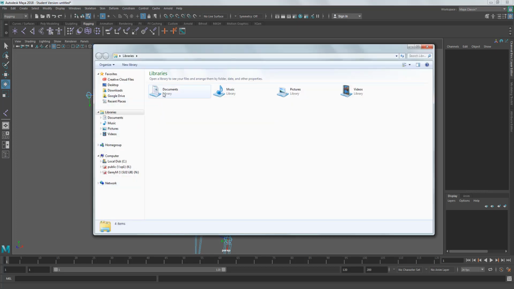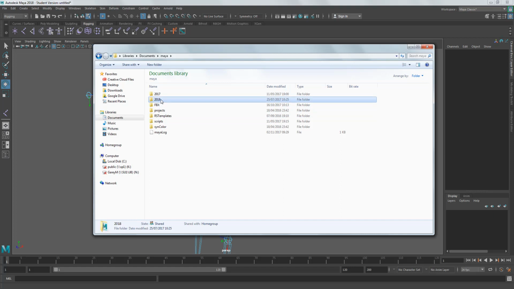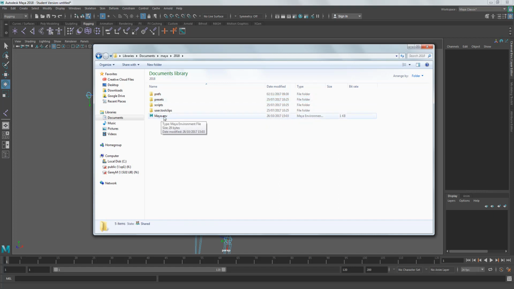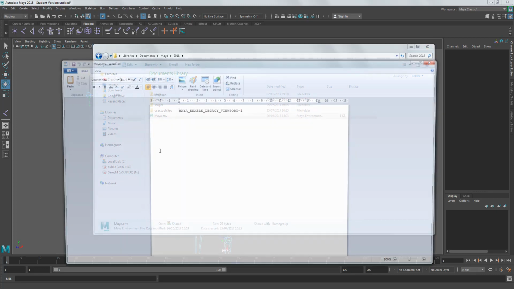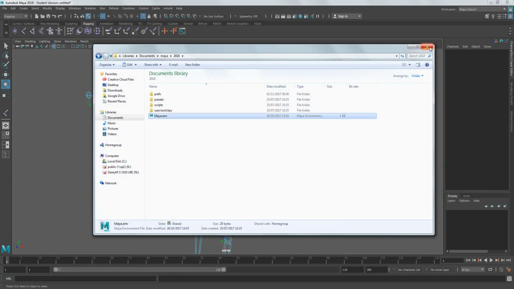So if I go to my documents and my Maya file here in 2018, there's an environment file, this one here. I've got my extensions turned on so I can see this is the Maya environment file. You need to double click on that and it'll bring up WordPad, and you need to type this in. Like I said, there's instructions on Moodle on how to do that. You need to do this while Maya's shut down. So do it whilst Maya's shut down, type in this, save it, then reboot Maya, and you'll find that in